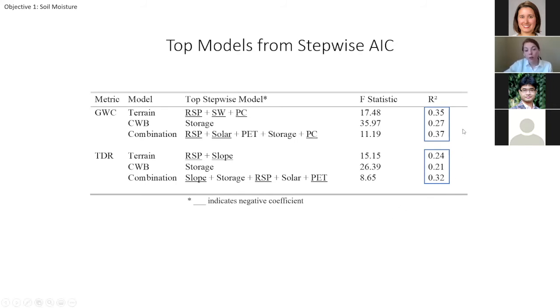So for both gravimetric water content and TDR, the combination model performed best, so it has the higher R-squared value compared to the other models. Second, we have terrain for both soil moisture metrics, and then the combination model is coming in last. So we kind of get this idea of what's going on, but to more formally test the differences between these